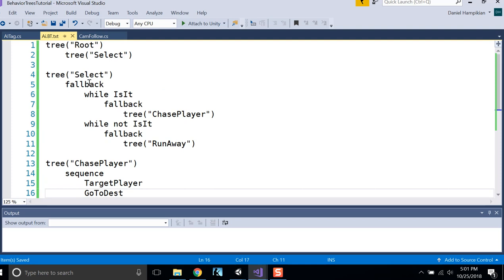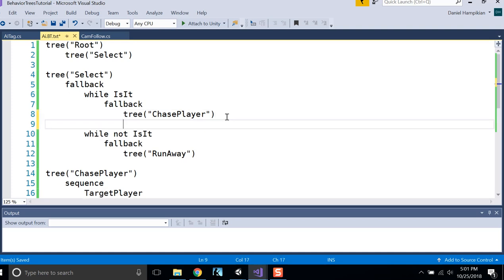While we're not, yeah, let's say make another tree which is search and do is